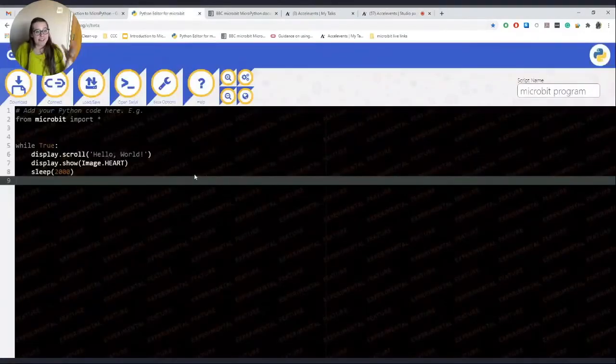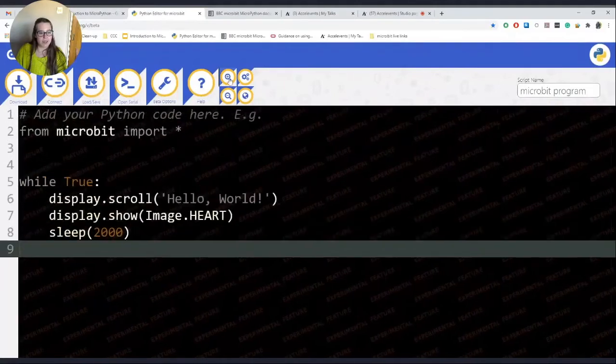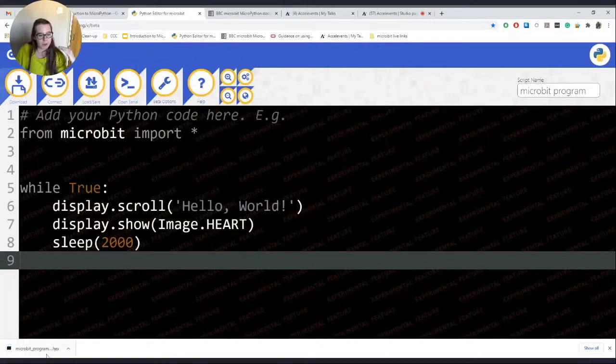So this is the editor. This is the Python editor. When you first get to it, the first thing that I'm going to do is zoom right in so that you can see it a bit more clearly. That's very useful if you're doing demos in a classroom. And so this is what you'll see when you first log in. There's the download button on the side, which is when you click download, it will save a hex file on your computer.